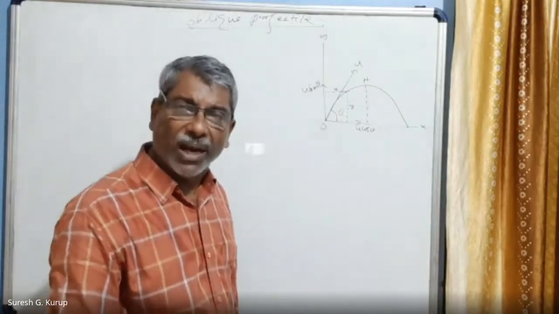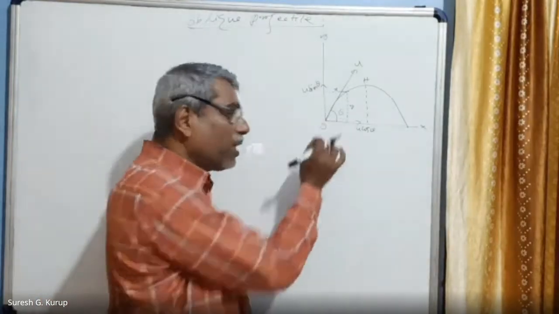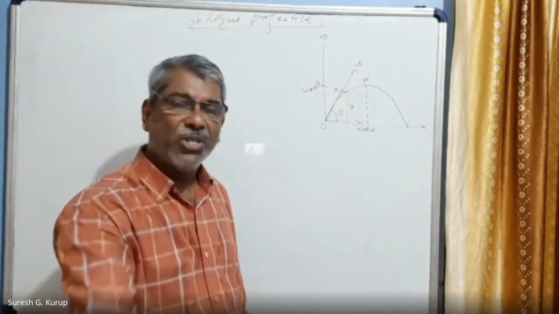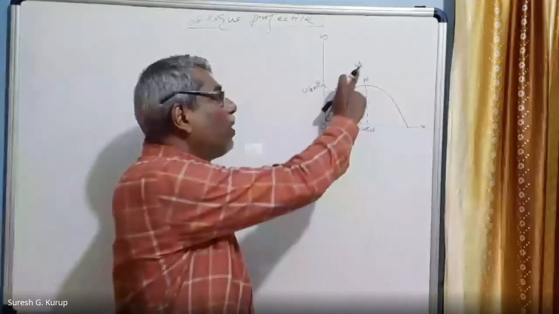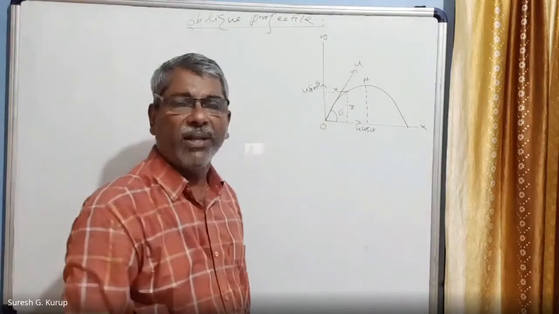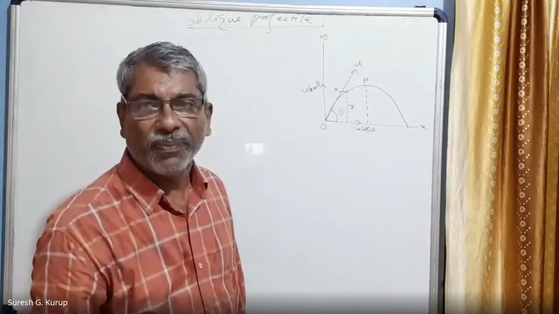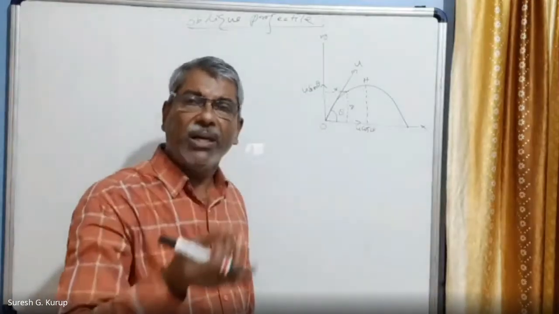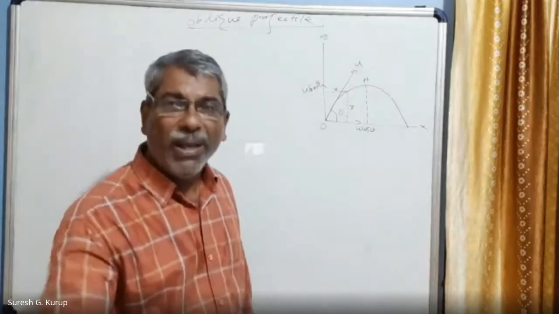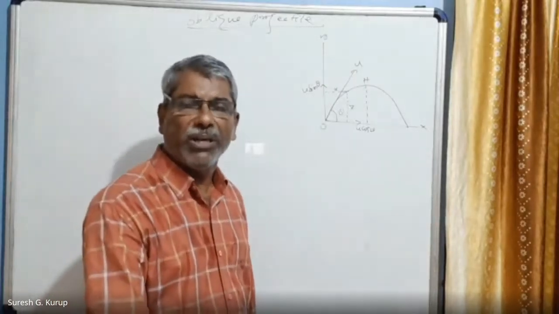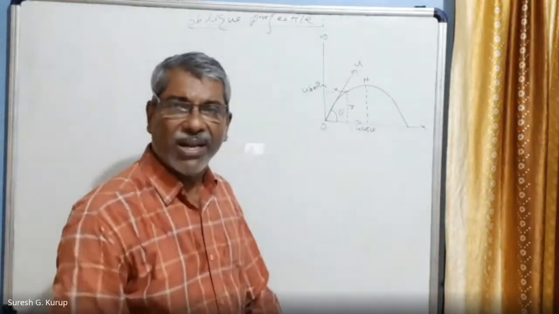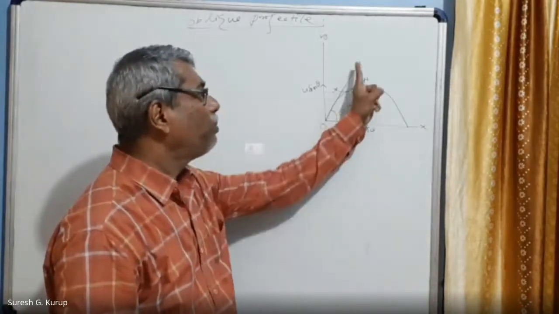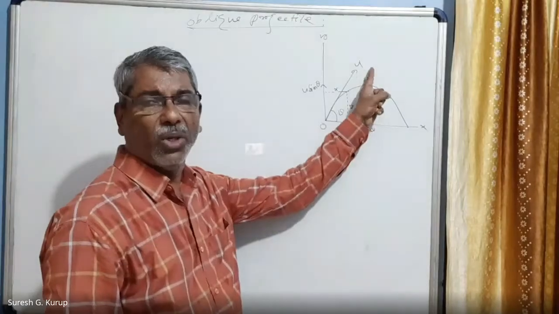You are sitting on the ground, and you are throwing a stone in a certain direction, such that the direction of the velocity makes an angle theta with the horizontal. So this is actually projected from the ground. Obliquely projected means the direction of velocity makes an angle theta with the horizontal, right? So the initial velocity of the body is u, the total velocity.